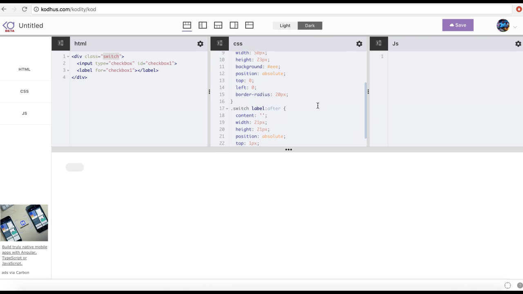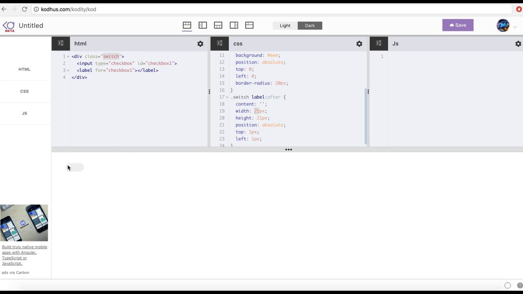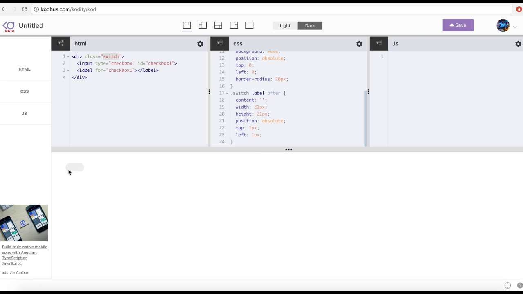Since the height is 23, I know that by defining 21, I still have 1 pixel and 1 pixel from top and left to play with, to position it within this, right? In a nice way. So now what I need to do is to give it a background color of FFF, and then give it a border radius of 50%, right? Now you can see that I have this quite nice sort of round toggle